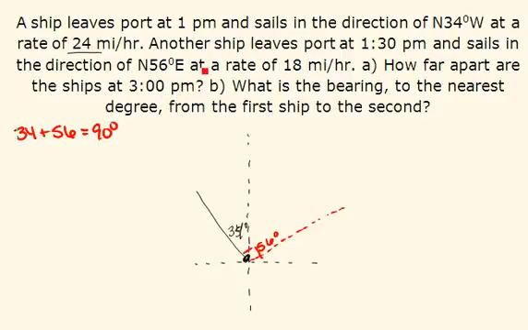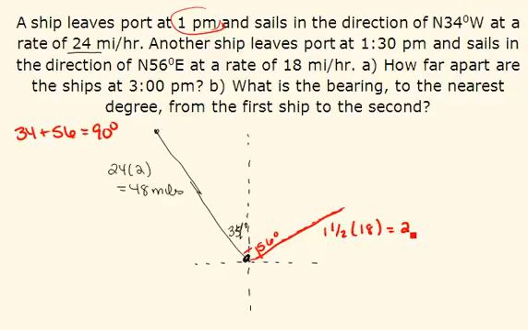Well, after 3 p.m. our first ship travels for 2 hours, so its total distance must be 24 times 2, or 48 miles from the port. Our second ship travels for an hour and a half at a speed of 18 miles per hour, or 1.5 times 18 is equal to 27